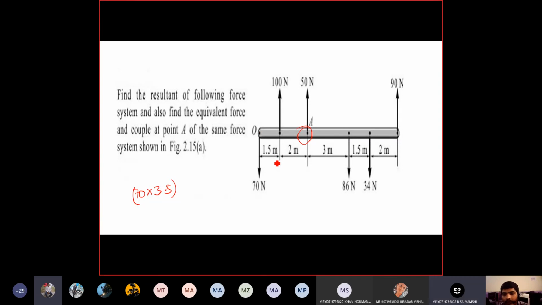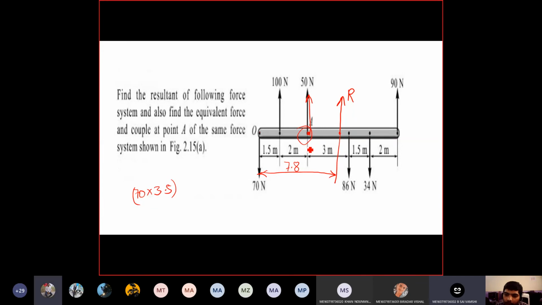Sir, then what is the 7.88 distance? 7.88 distance means, see, the resultant force is acting here now. This distance is the 7.88 distance. Then we can find the distance between the resultant and A also, no, sir? Listen. Already at this point some force is acting, ma.